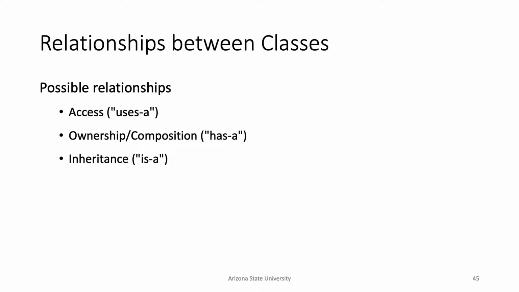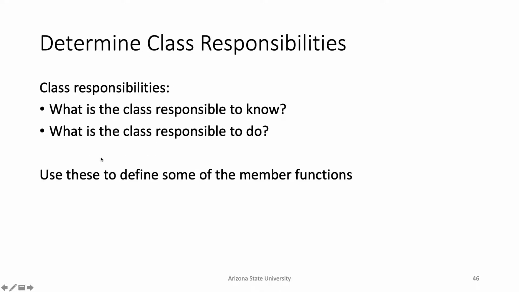So for example, maybe we can have a class that is devoted to all faculty at ASU. So of course they have a name and an ID, and then maybe a job title. But then when you want to make a professor or an instructor, that is a type of faculty, okay? So an instructor is a faculty member. A professor is a faculty member. And so you don't want to have to rewrite all of that code related to the name and the ID because that's shared among all faculty members. But we'll talk about inheritance later in the semester.